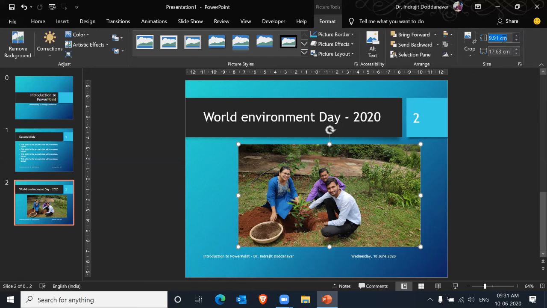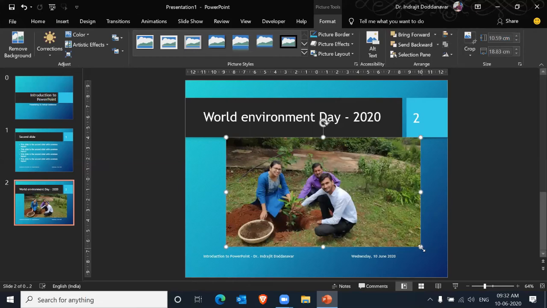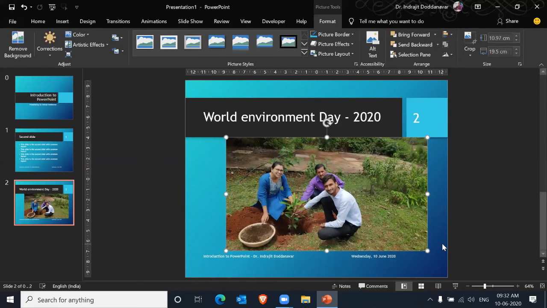So from here also you can edit it. But for a single picture, I request you not to use these numbers, because once you start using these numbers, the aspect ratio might change. So it is advisable for one photo, you can just drag it with the handles from the corner.